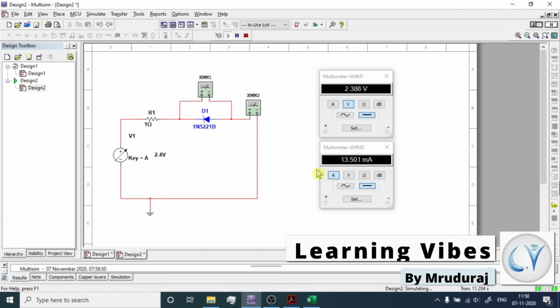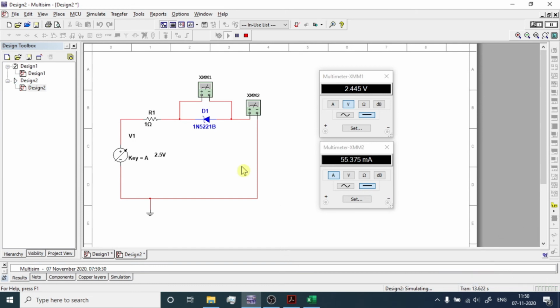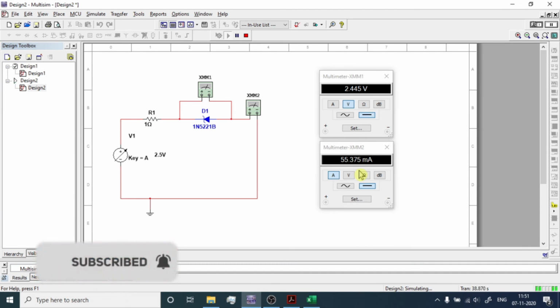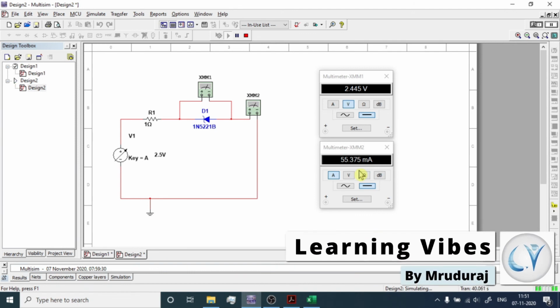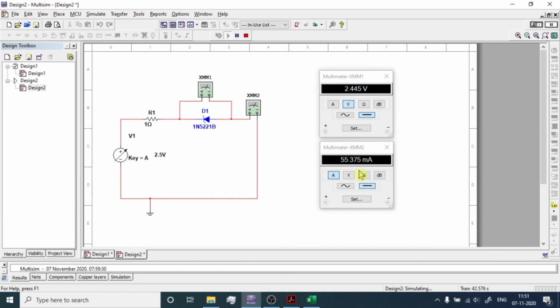Now if we further increase the supply voltage, what will happen? See, we have increased this voltage up to 2.5, the voltage across diode is 2.4, but see, the current through diode is 55 milliampere. It's more than its capacity, right? But which capacity? This 0.25 means if the current flowing through the diode is kept below 25 milliampere, then this diode can maintain voltage across the diode at 2.4 volts. But if you increase the amount of this current, then the diode can no more maintain 2.4 volts across it.